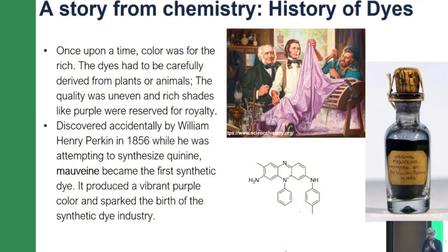There were dyes extracted from nature, from different minerals or animals, but often these were not very stable. So the ones that were really good had to be shipped from a long distance and, of course, were very expensive. But this changed when William Henry Perkin, in the middle of the 19th century, discovered that he could synthesize